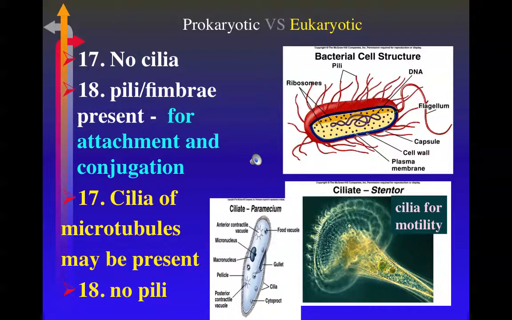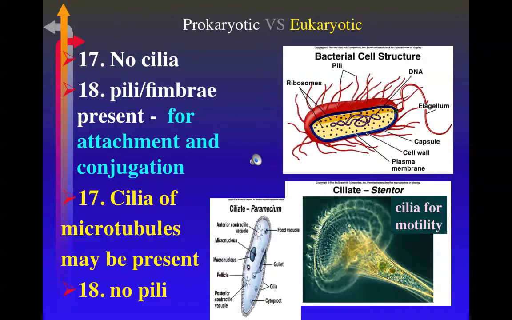The cilia are used for motility. They're very flexible structures composed of clusters of long garden hose-like microtubules. The microtubules are very flexible and allow the cilia to easily bend from side to side. Notice that on the illustration of Paramecium, the cilia cover the entire surface of this little single-celled organism.